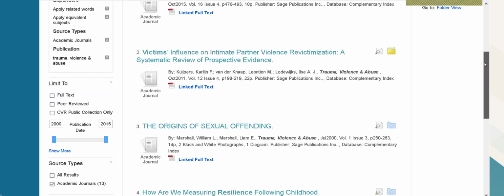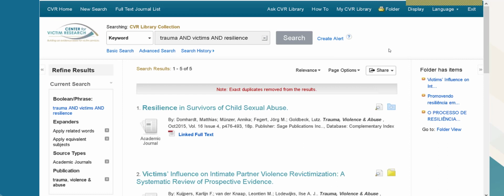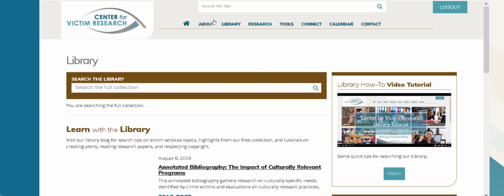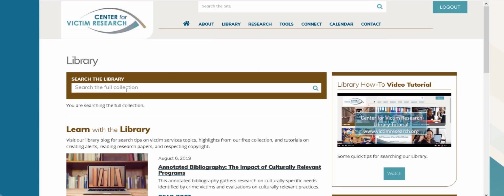Okay, so those were the main features and quirks that I wanted to demonstrate live. Now I wanted to talk just a little bit about how to log in for the full collection. Because of our grant parameters,